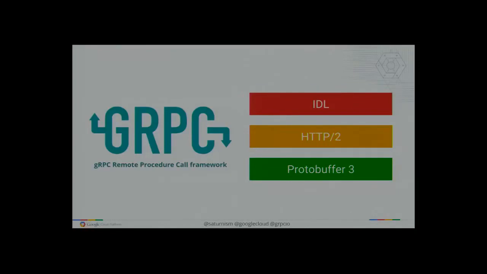The underlying technologies being used are also open source, or they are standards. For example, for the IDL, it uses Protobuf 3, which is another open source project from Google. And the payloads are all binary, Protobuf 3 payloads as well, which are made into efficient binary payloads. The underlying transport between services is using HTTP/2 rather than HTTP/1. Now, why is that important?